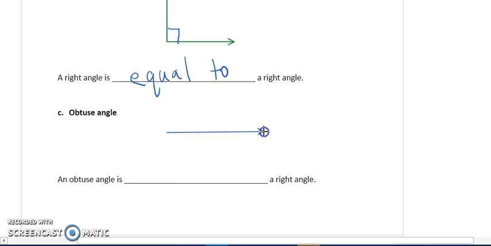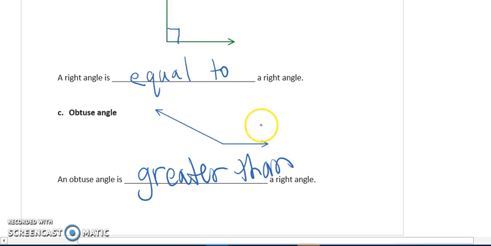Well, the best way to do an obtuse angle, this is a little trick because I've made a lot of angles in the past, is to draw a straight ray one direction, and then imagine if it were to be up and, oops, let me erase that. Imagine if you were going to make a ray up and down to make a right angle, but instead make it wider. So make it like a really spread out V. Okay, so an obtuse angle is greater than